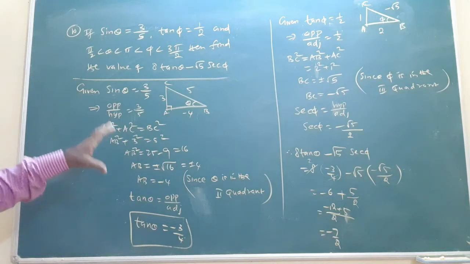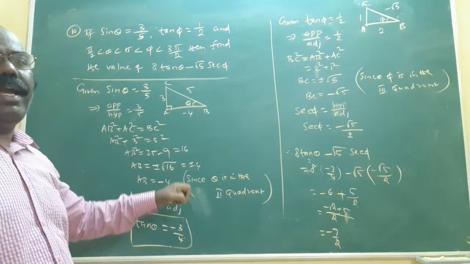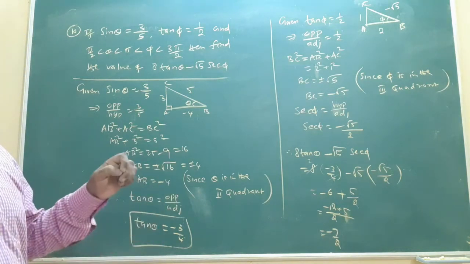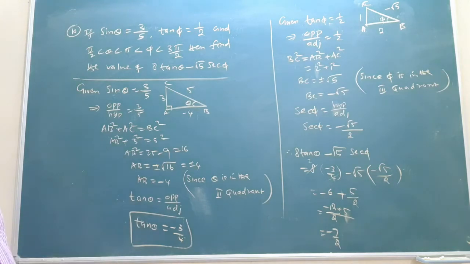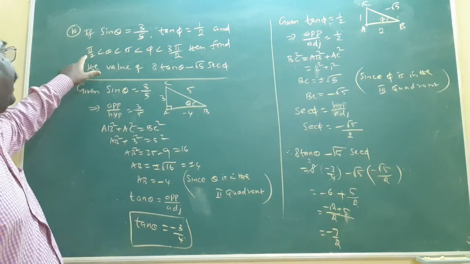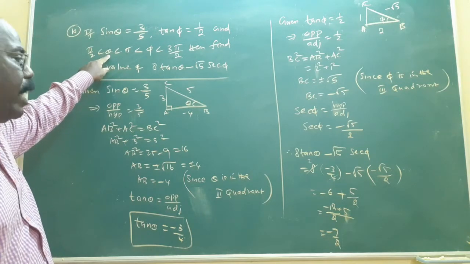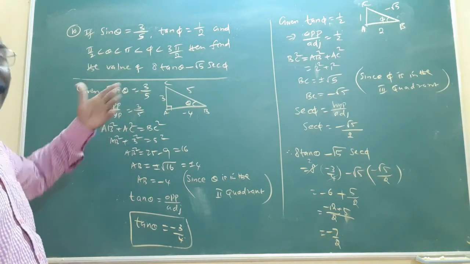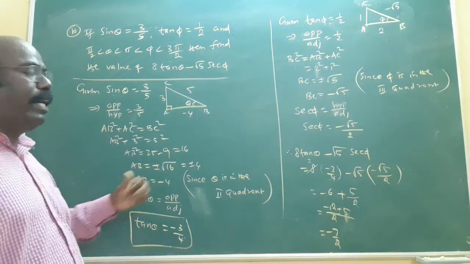Meaning you must follow all the formulas, the previous formulas also. In a right angled triangle, hypotenuse square equals the sum of the squares of the other two sides. That's the same formula. Also, depending upon the given condition, this is 90 to pi, so theta is in the second quadrant. In the second quadrant, only sine is positive. But we want tan, so that's why negative will come. That's why I assume only the negative sign.